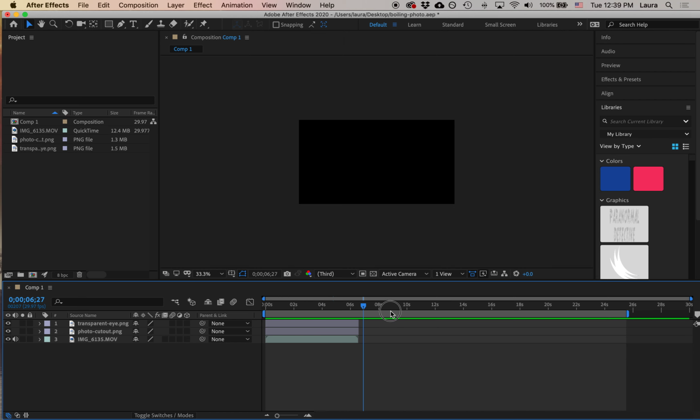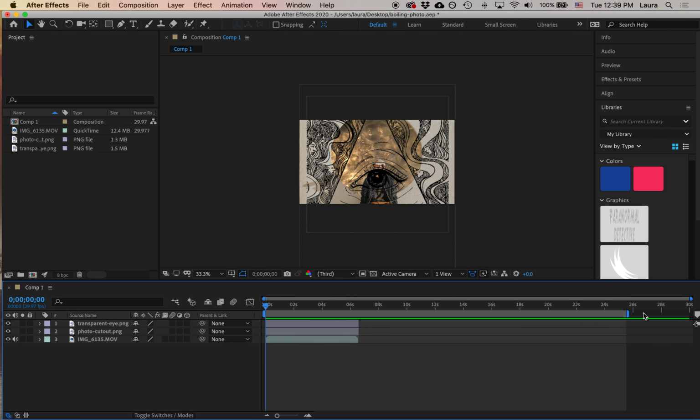First of all, it looks like my actual timeline is pretty long. It's going to go from here to this little icon over here, this little bracket. So I'm actually going to click on this and drag this back just to match up with these other areas on these other layers. So basically, I only want it to play from here to here and then repeat. So if I click spacebar to play again, it'll go ahead and play until that bracket, and then it should loop again. Okay, so I'm going to hit spacebar to stop the playing,